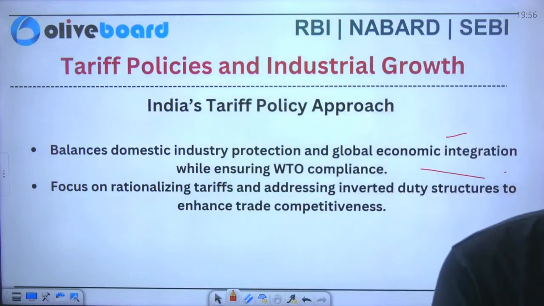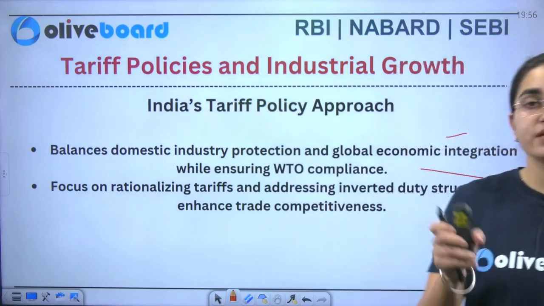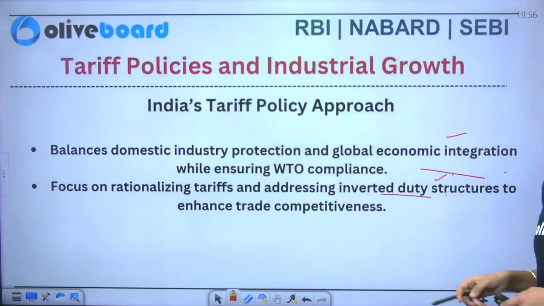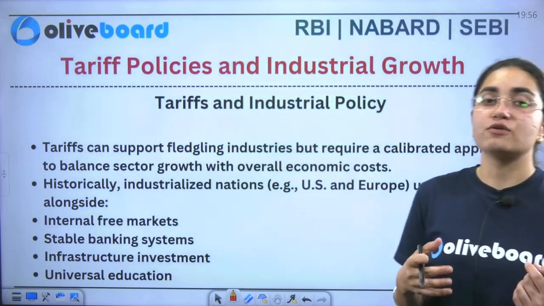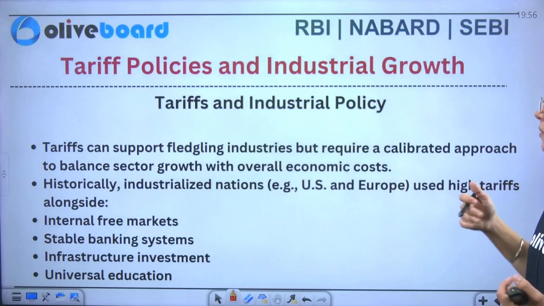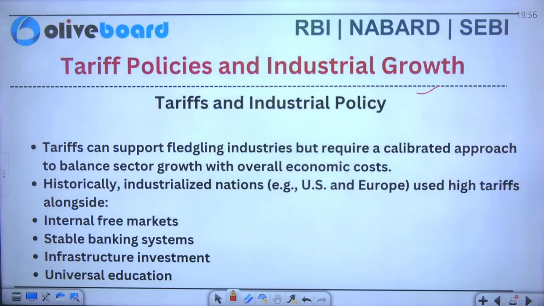It focuses on the rationalization of tariffs. It completely focuses on the rationalization of tariffs, that highly focuses on the enhancement of the trade competitiveness among various countries. Similarly, if you talk about the tariffs and industrial policy, you can see the tariffs can support fledgling